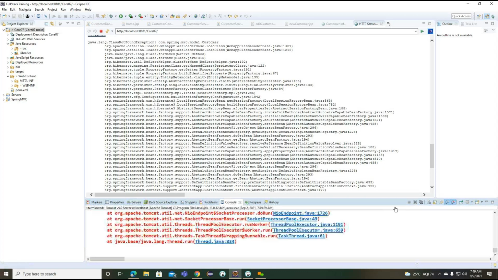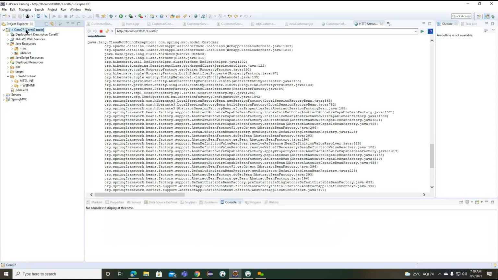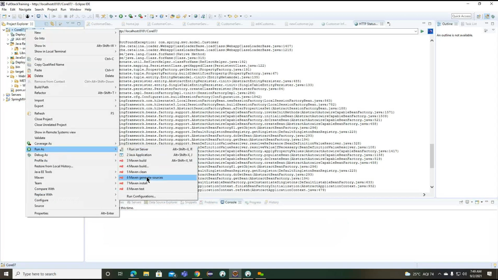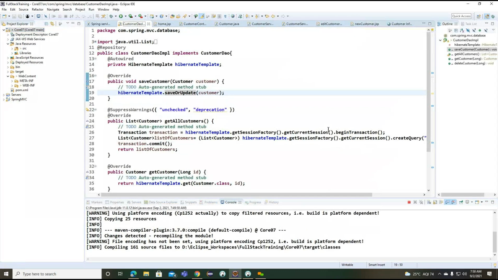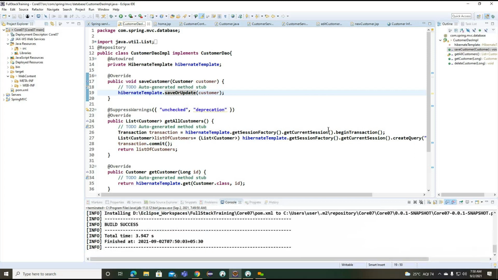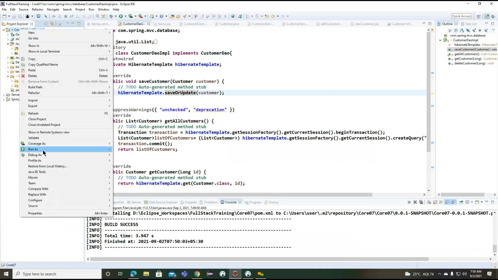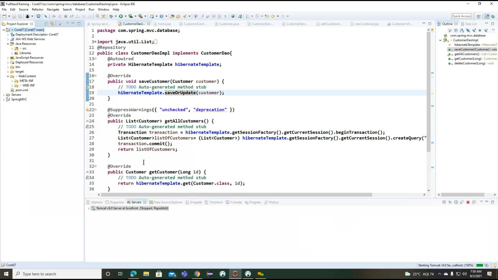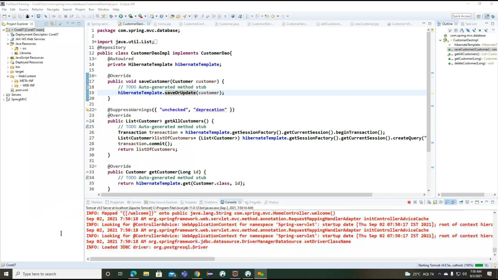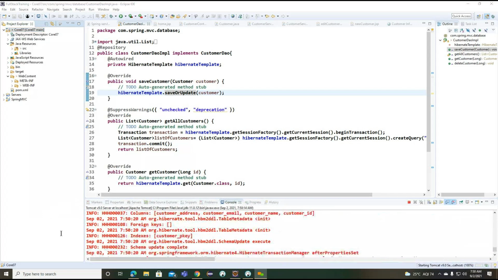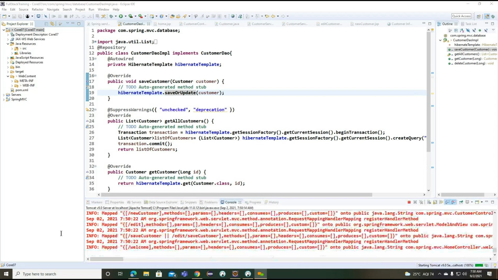Okay. So let me rebuild the, sorry, I did not understand. So what do you mean, like you did not do Maven install, what are you trying to explain?